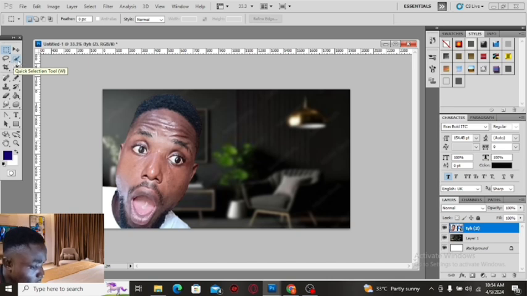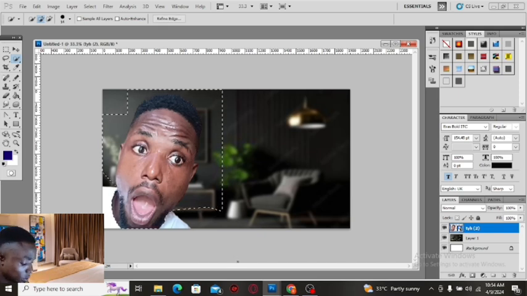Click on quick selection, come over here and drag and circle the area that you want. So for you to access it and select the area you want, you can hold control